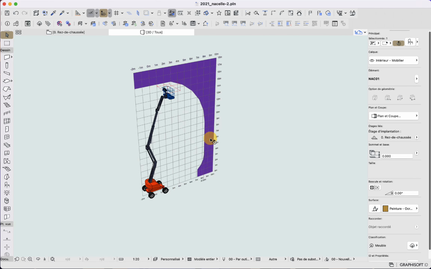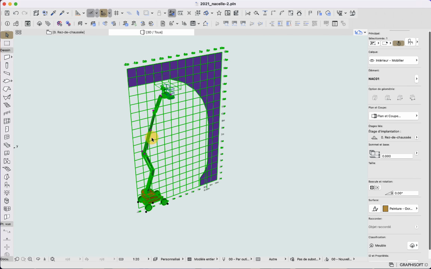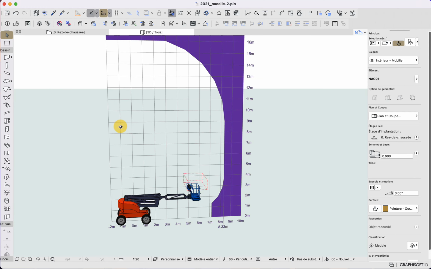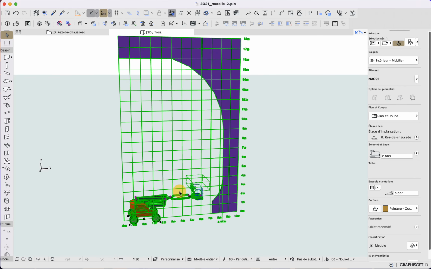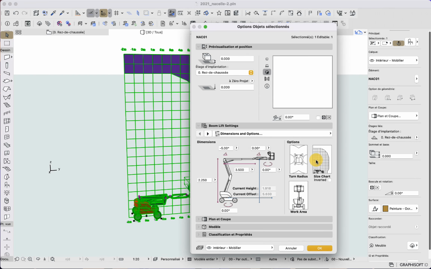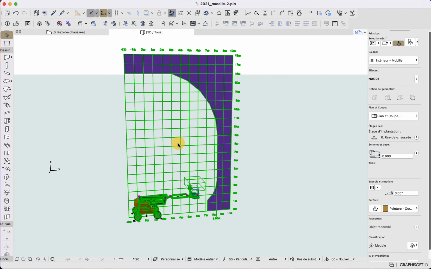So if, for example, I am lazy and I don't want to deploy the machine fully, I can just use the size chart, and that will be enough. Here, for example, I put everything at 0 and at the minimum value, and the size chart will not change, obviously. It will stay that way. So that is all in 3D. What we will see now is the same in 2D as well.